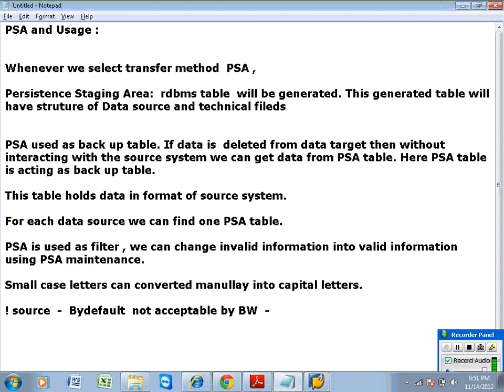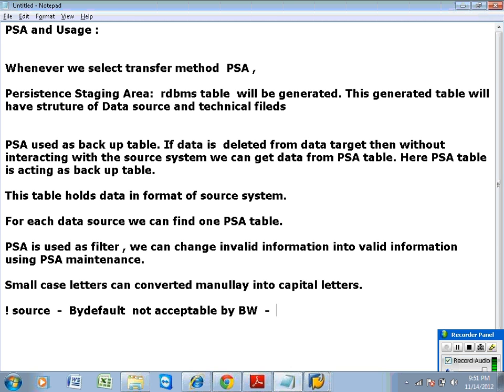Then what you can do is remove these special characters in PSA, and whatever allowable characters are should be transferred into the data target. You can filter certain information here, and whatever you want into the data target, you can transfer. That's the reason PSA can be used as a filter. You can filter, and you can modify invalid information into valid information.